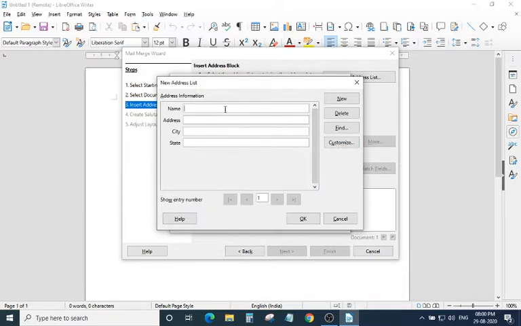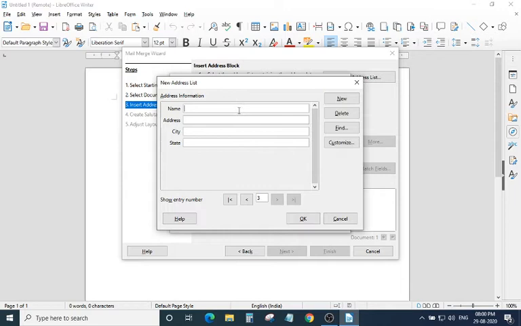Then I will put the details of whom we are going to send to. Anil, then address Mahul Pali, then city Sundargarh, then state Odisha. Then new. Then Subhas, address Kenapali, city Sundargarh, state Odisha, right?